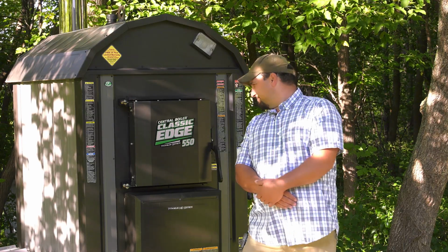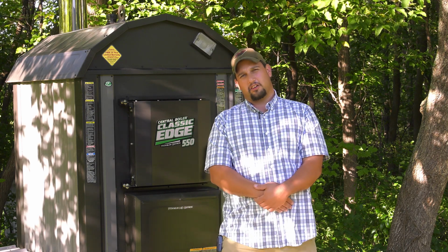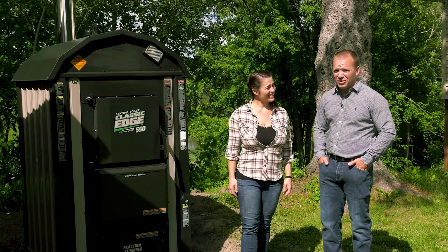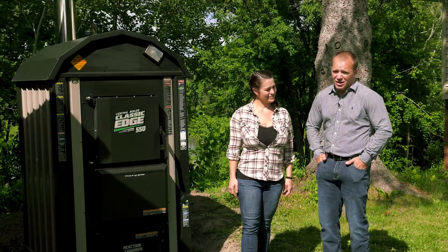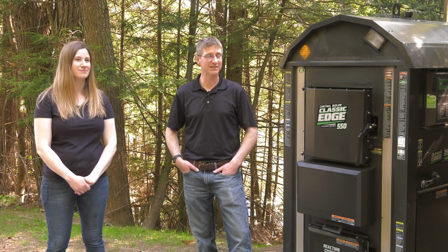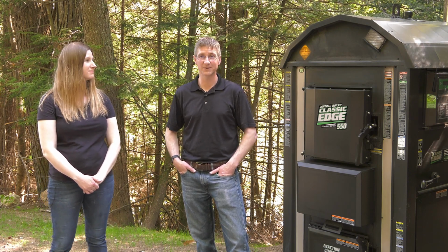And this model of the classic Edge also came with the Firestarter Controller with the E-Link technology that you can hook up to your Wi-Fi. Basically, anywhere you get a phone signal, you got an opportunity to look at your fire. The simple fact that I can check on my phone through the application and see what the furnace is doing